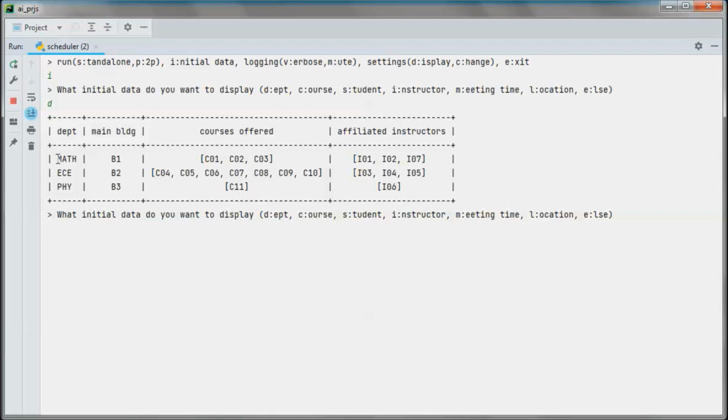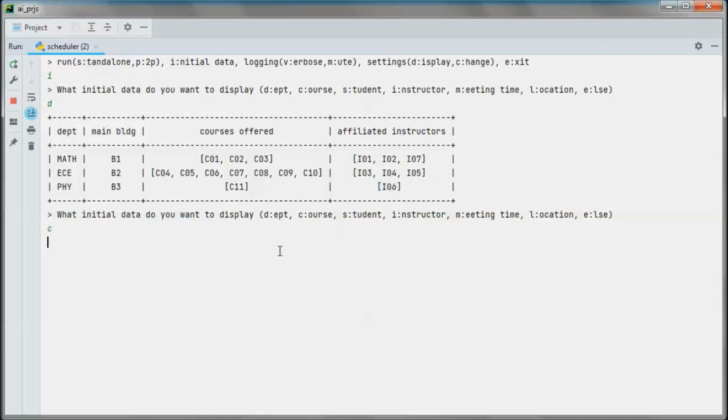So here we have 3 departments, and the math department has B1 as the main building, and the electrical and computer engineering department has B2 as the main building, and the physics department has B3 as the main building. And the math department offers those courses, the ECE those, and the physics this one, and those are the affiliated instructors with each department.